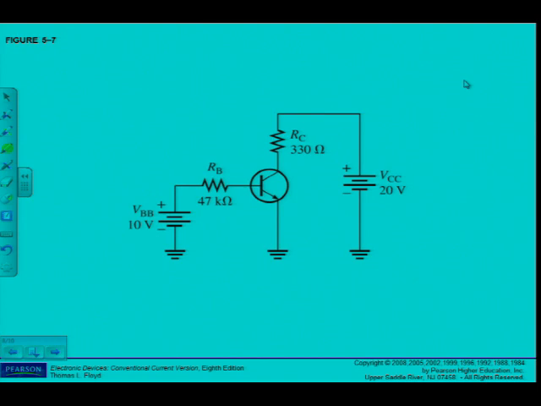There is an example on page 221, example 5.1, where they ask, determine the Q point for the circuit in figure 5.7 and draw the DC load line. Find the maximum peak value of base current for linear operation. Assume a beta DC of 200. Okay, I have